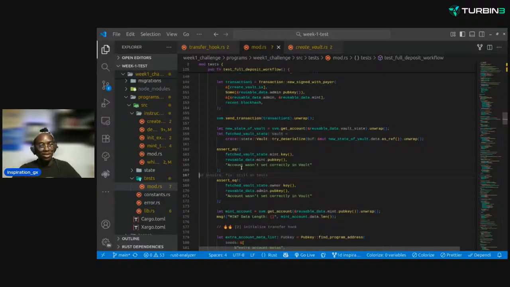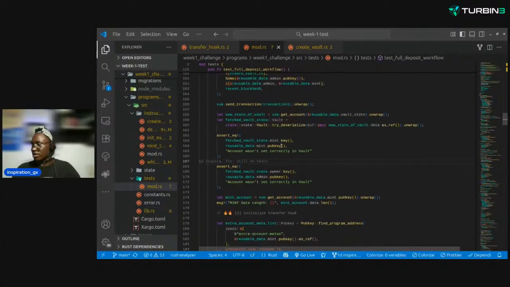We fetched the account state successfully. We created the vault state on chain successfully. We initialized, we set the data successfully, right? And we are good to go. Then the next thing is just another assertion to check that the owner is actually the owner that we set, because the admin should be the owner, and we set it in the instruction that the admin should be the owner. So we do this also. We assert that they are equal,